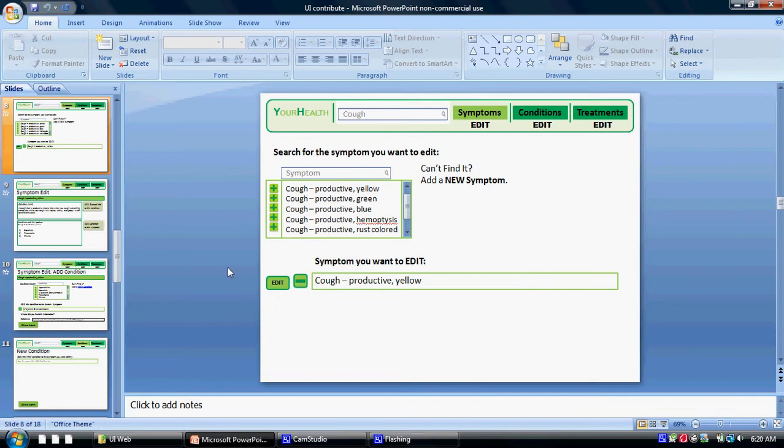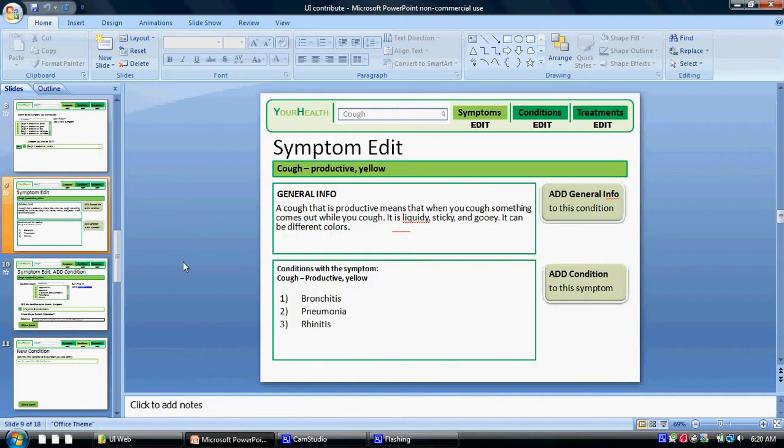And then after they hit edit, then they go to a screen that's similar to this, and this is where you see the symptom. You see the general info about the symptom, and then you see all the conditions that the symptom has. And this is like a general info box. So somewhere on the website, I want people just to be able to look like an A through Z type of thing,